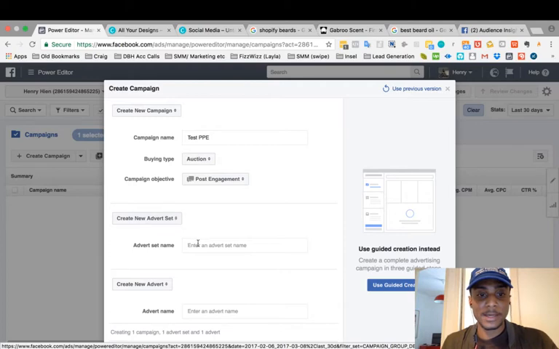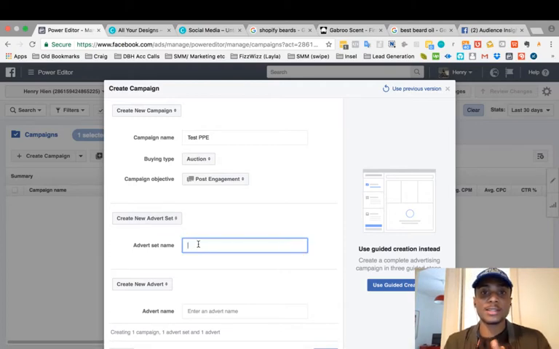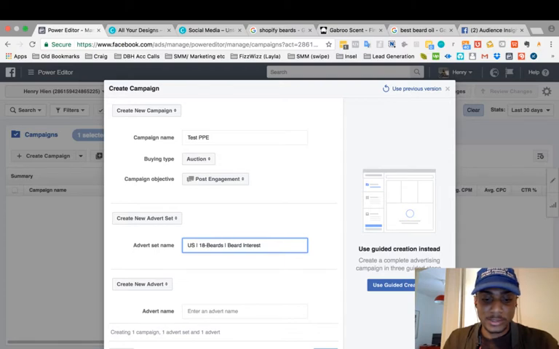So who am I going to target? In this example, I did a bit of slight research beforehand, and I decided to go with a beard brand for the sake of this example. So I'm just going to call this US beards, beard interest. Of course, this is very rough, but just to give you an idea, I like to keep my ad sets organized. So I'm just going to do 18 to 65 plus,